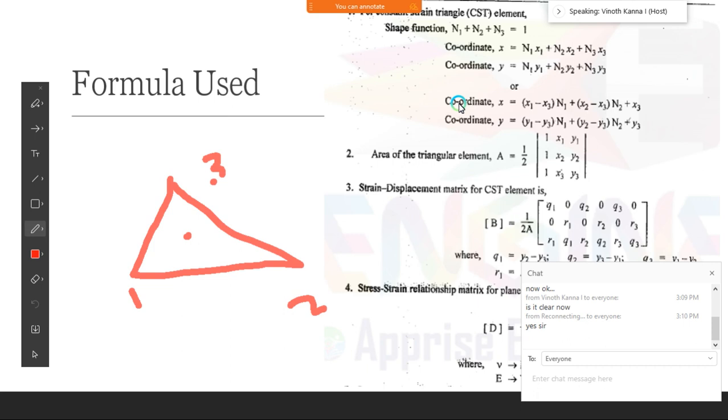So the next formula is area. Irrespective of the unit, you should find out the area of the triangular element. Area, simply you may go half into BH. That's quite easy. Some may not find the length of the breadth or the height. For such a case, you may use half into the modulus of the determinant 1, 1, 1, x1, x2, x3, y1, y2, y3. That is actually the standard formula. For simplification, you go with half into BH. That is quite easy, so better go with half BH in order to reduce your time.